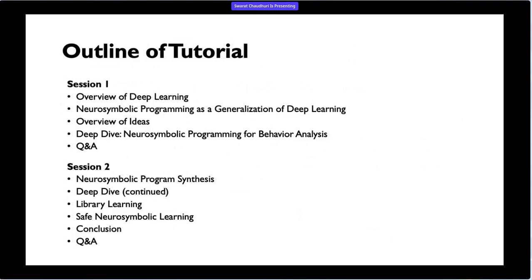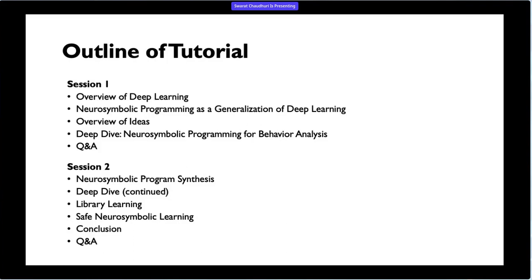And then we are going to do a deep dive into an application of these ideas. In particular, we are very motivated by the use of these ideas in the setting of AI for science, where you are using machine learning to accelerate scientific discovery. And this is a universe where you definitely want data-driven learning, because scientific investigation in the natural sciences is fundamentally empirical. But you also have prior knowledge that you can express in these sorts of rich symbolic notations. And we are going to do a deep dive into that topic,